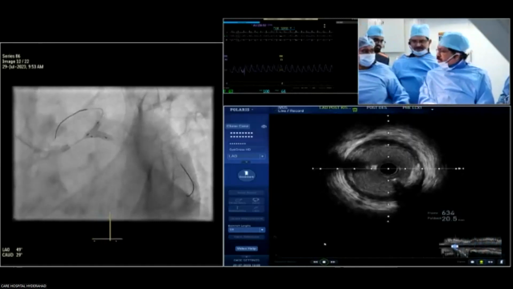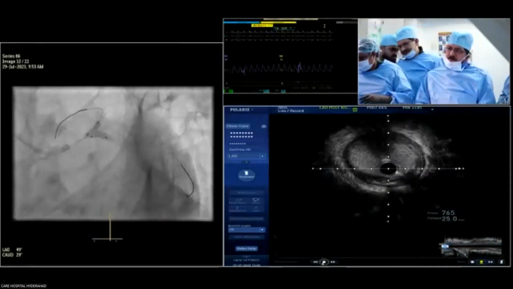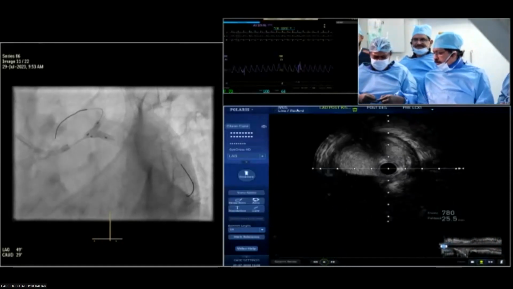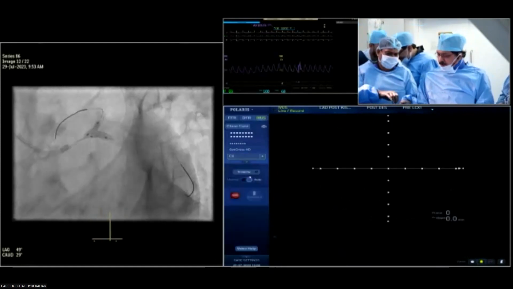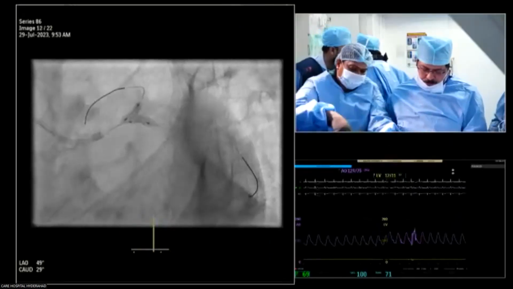You can do IVUS into the circ. Dr. Surya Prakash: LAD not stented, only LM stent, no? LM only. See, here if you are doing the kissing balloon, that's the reason, a slight extension of the ostial